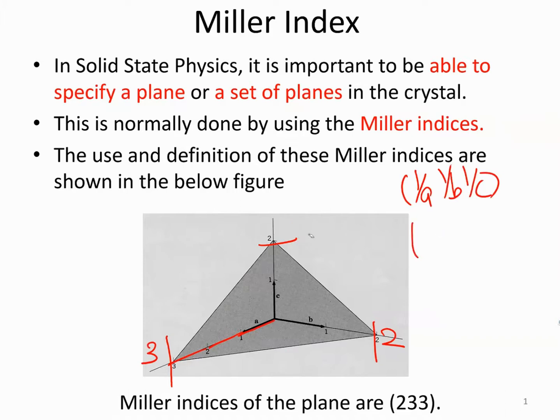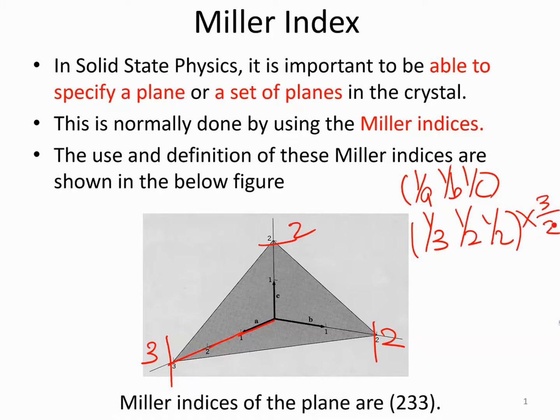We get 1 over 3, 1 over 2, 1 over 2. So you want to get an integer. How do we get an integer? You can multiply